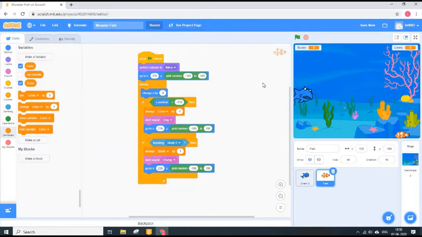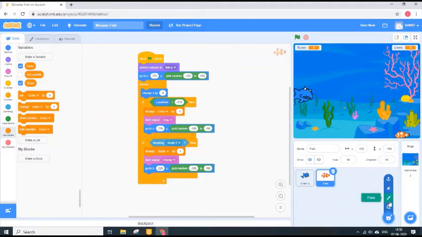So to make the game over, we have to bring a new sprite, which is the game over sprite. How do you bring a game over sprite? We are going to paint a new sprite. We have to create our own sprite for this. So how are we going to do that? I'm going to hover on this button. Don't click. Just hover on this button and come up.